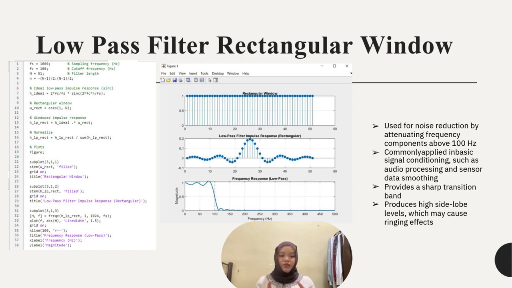As you can see in the first plot, the rectangular window is very straightforward. It is actually a block that abruptly cuts off the impulse response. While this provides a very sharp transition band, it comes with a trade-off. If you look at the bottom graph, you will notice a high side lobe level. This causes what we call the ringing effect or Gibbs phenomenon, which can introduce unwanted noise or oscillation